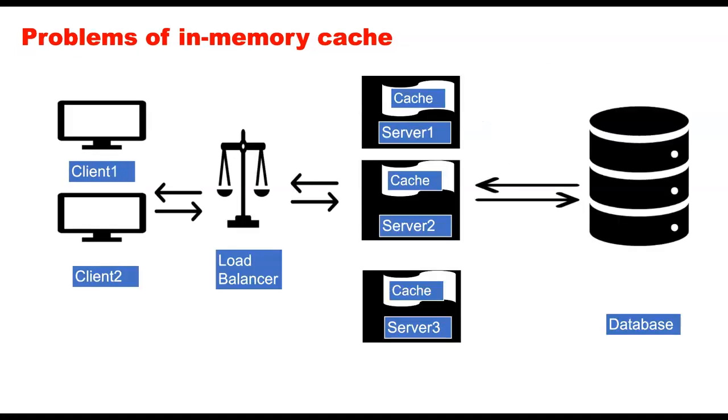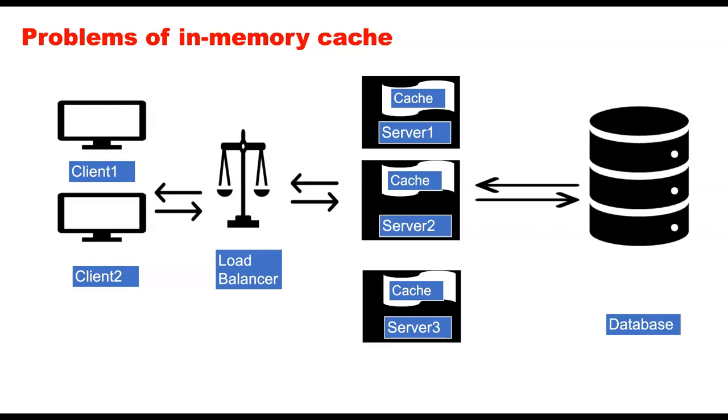Let's see that. Now the application server is horizontally scaled with three different servers, server 1, server 2 and server 3, added behind a load balancer. Whenever a client requests some information, the load balancer will decide to which server that request is redirected. For example, let's take a scenario where client 1 requests some information from the server. The load balancer redirects that request to server 1. Server 1 looks into its cache. The information is not available, so it will fetch it from the database, store it into its cache,